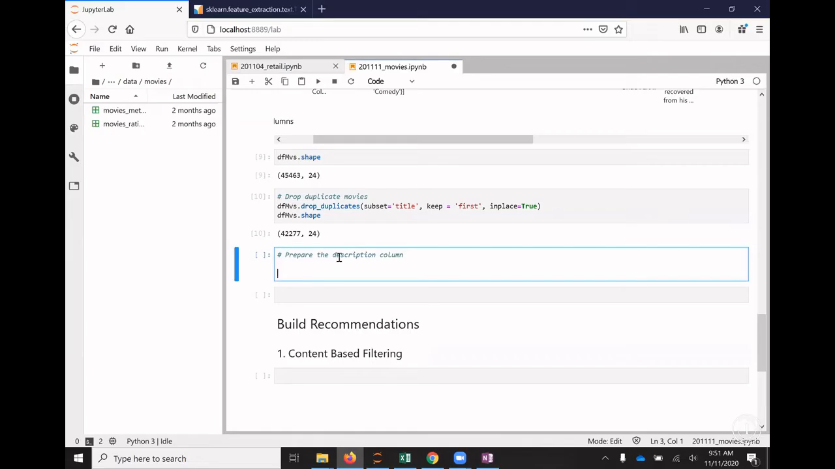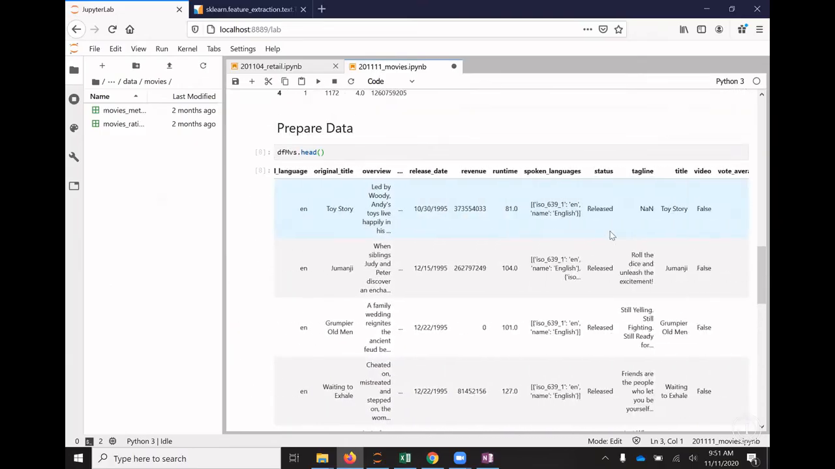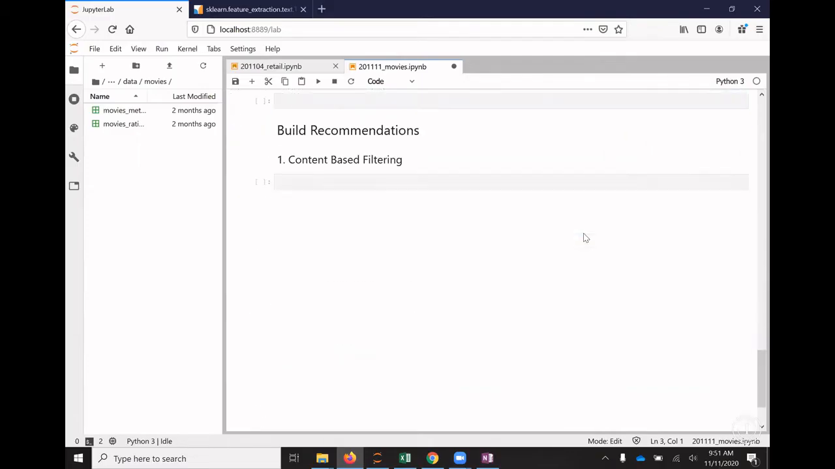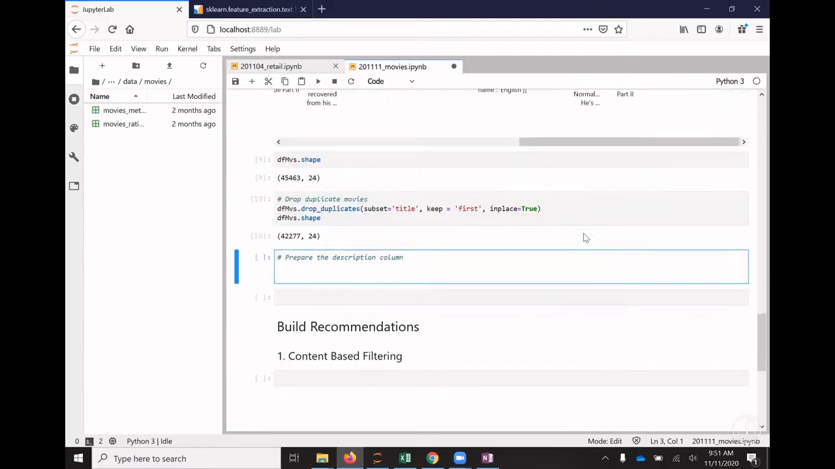So for that, let's see, we saw that the tagline column had nulls. So we may want to use tagline and overview. So let's create a new one called description, and that should be overview, and then we'll concatenate that with tagline,